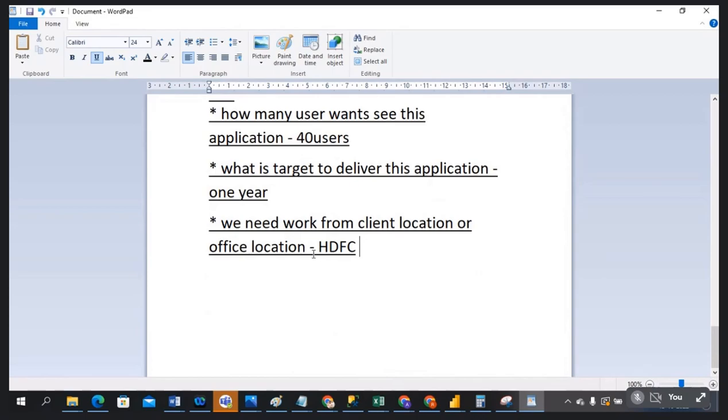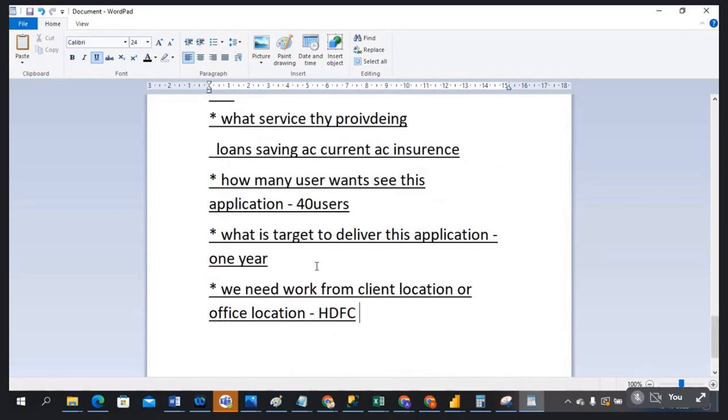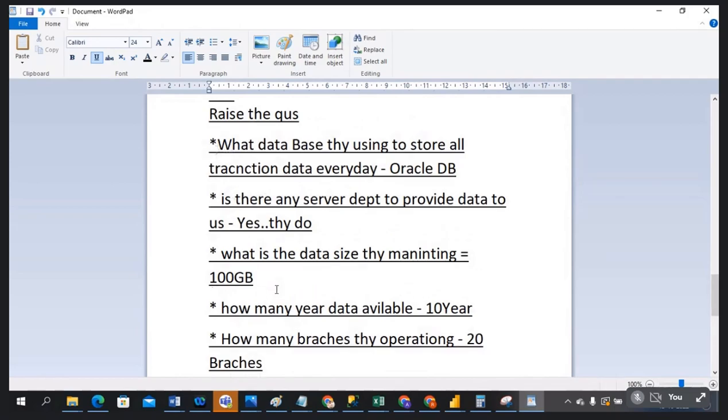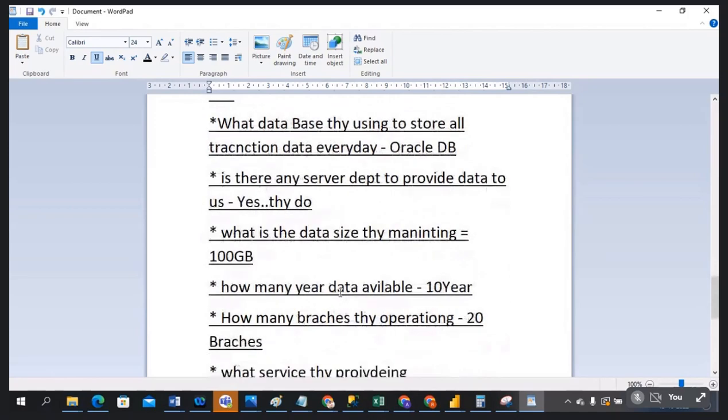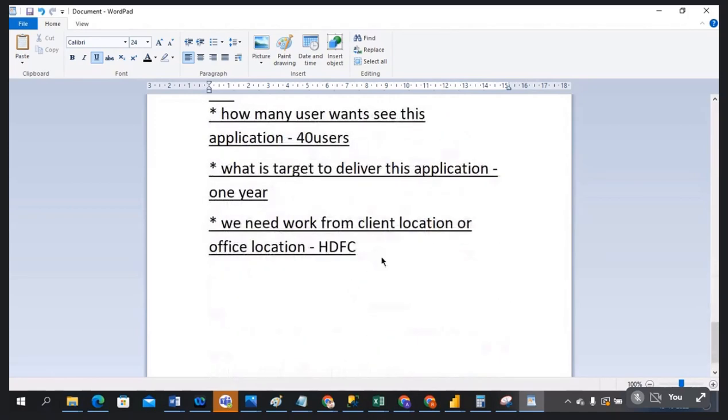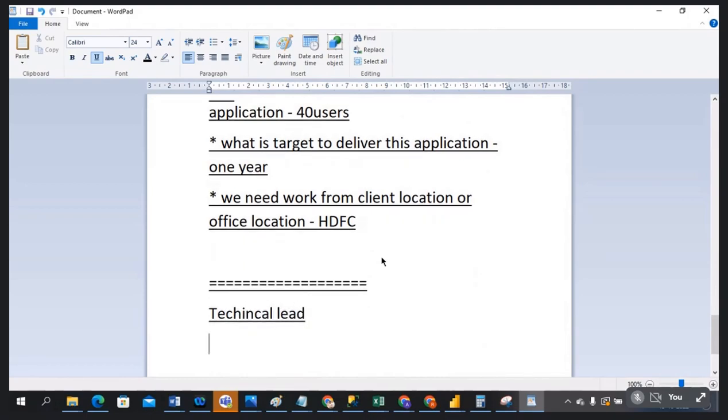Now all this discussion has been started between the business analyst and the technical lead. Whatever questions the technical lead raises, he will take up to the customer side. That customer will provide yes or no. Okay, now everything got clear. Now the business analyst side is done. Now the technical lead. To lead your project, a technical lead is required because he is experienced. Now he converts